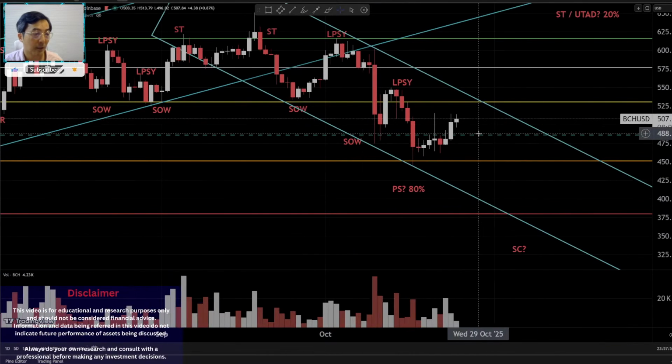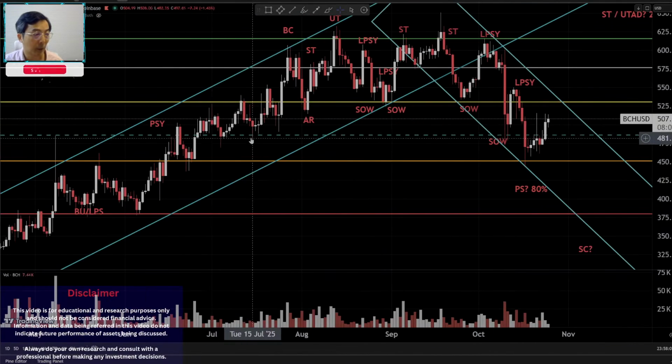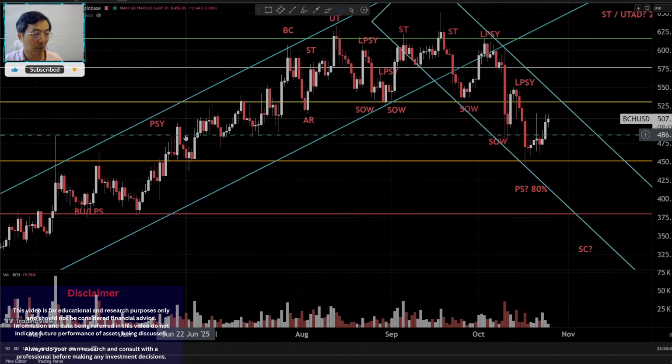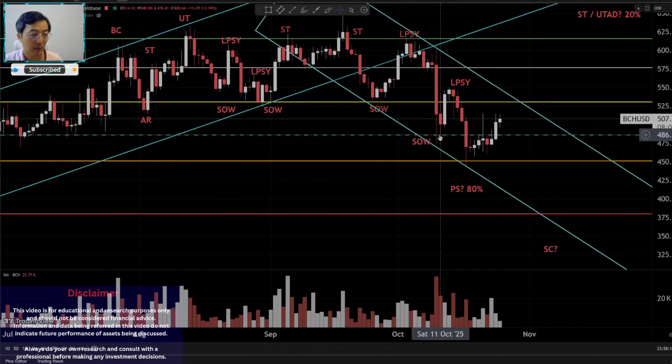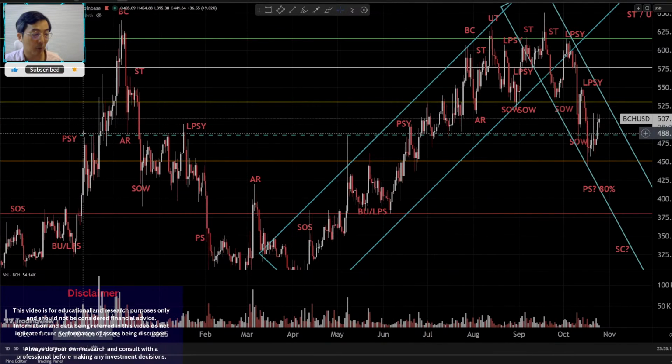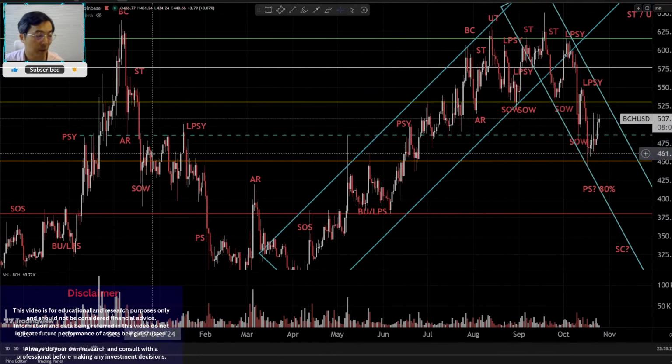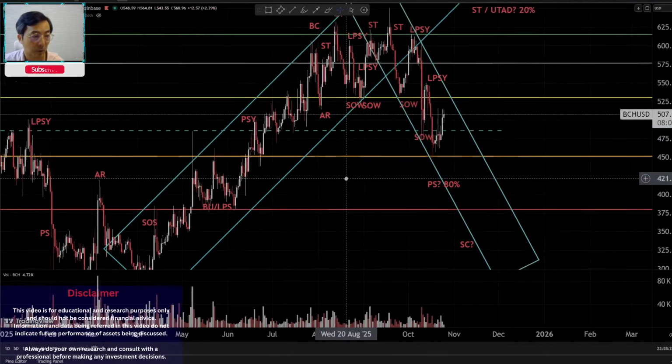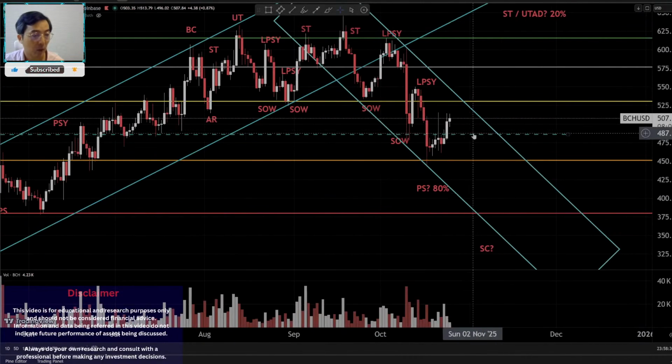That line is actually a level set by these candlesticks around the PSY, the preliminary supply period, and also the sign of weakness back on October 10th, 11th. So you see this level, right? Extend it all the way towards November 2024, that's also where the PSY was, and obviously some rejections around the LPSY period subsequently. So as of now,